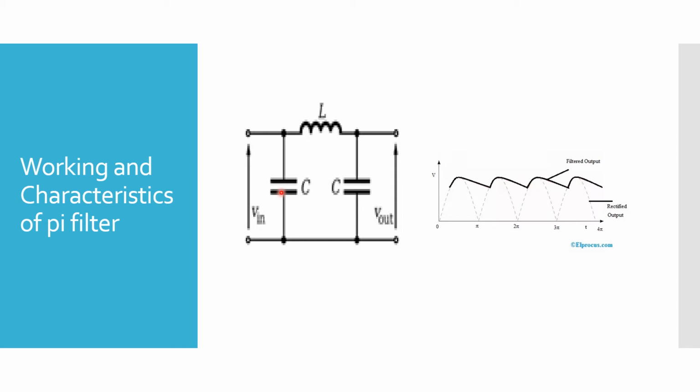So capacitor C1 avoids a considerable amount of the AC component, whereas the DC component maintains its journey towards the choke. So in short, the DC component moves towards L. This choke L provides very small, or we can say zero, reactance to the DC component